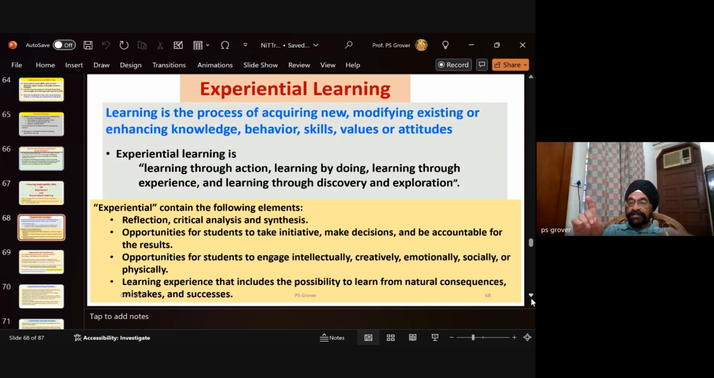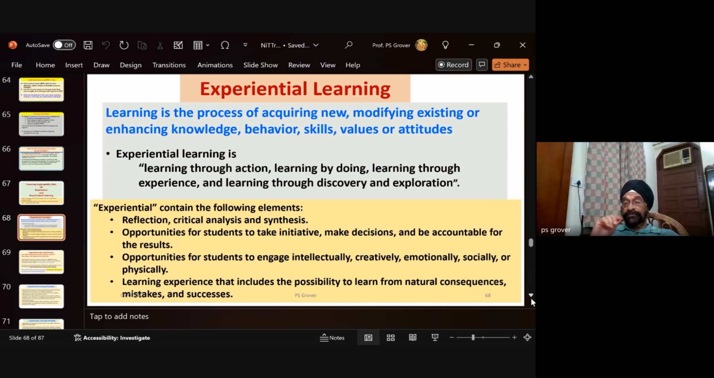Learning is the process of acquiring new, modifying existing or enhancing knowledge, behavior, skills, values, attitude. ये किसी किताब में नहीं दिया होगा, जो एक्सपीरियंस से लर्निंग होती है। पहले लर्निंग होती क्या है? What is learning? लर्निंग होती है नॉलेज, लर्निंग होती है स्किल, लर्निंग होती है बिहेवियर, लर्निंग होती है एटीट्यूड। लर्निंग ये नहीं है कि आपने सिर्फ नॉलेज ही लर्न कर लिया, ये भी एक लर्निंग है।